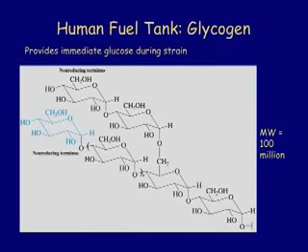The branches are longer in glycogen, and that apparently is essential for a very quick production of as much glucose as possible. Because of the branching, there are many end groups, and the enzymes actually start attacking at the non-reducing terminals, at the end groups of these branches. Obviously the more of those you have, the quicker you can liberate glucose, and that's what you want. So you want a quick fuel injection device, basically: glycogen. So when you're very exhausted after strenuous exercise, that's what's kicking in.